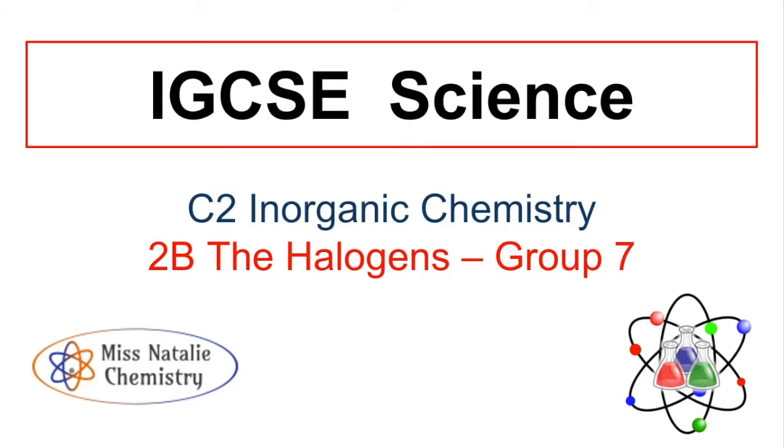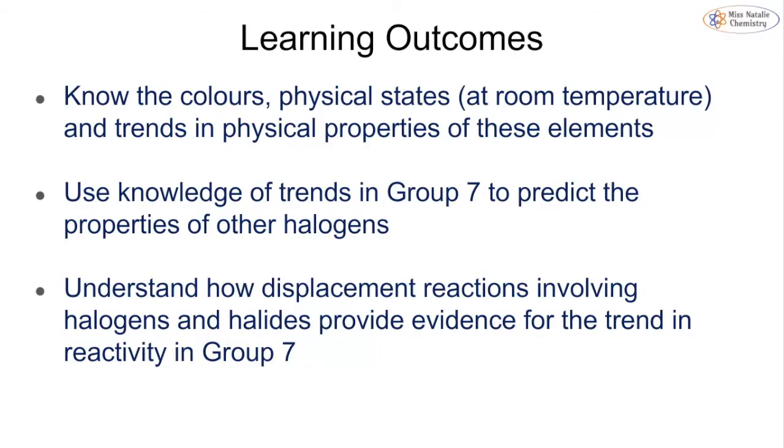In this video, we're going to be looking at topic 2b, the halogens, which are group 7 of the periodic table, and this is for the IGCSE chemistry course from Edexcel, and we're going to be focusing on the double content in this topic. So for double science, you need to know the colours, physical states and trends and properties